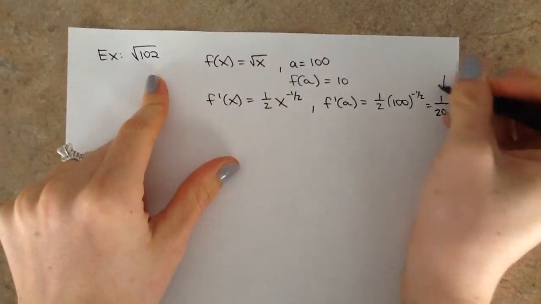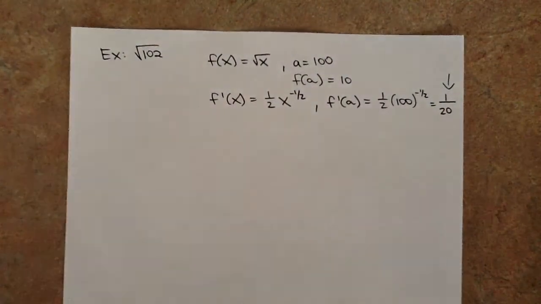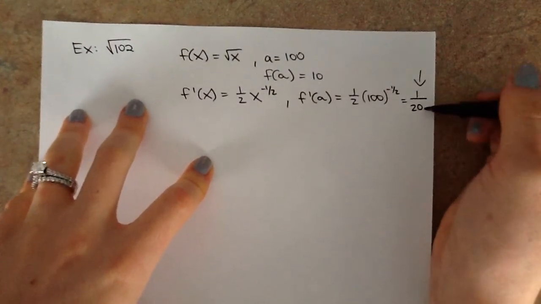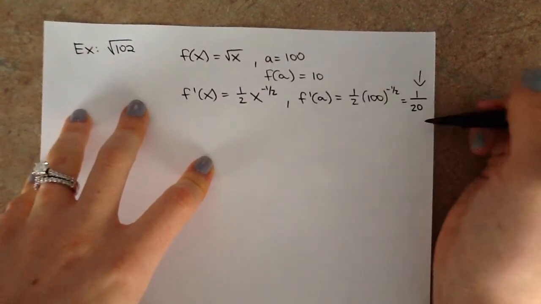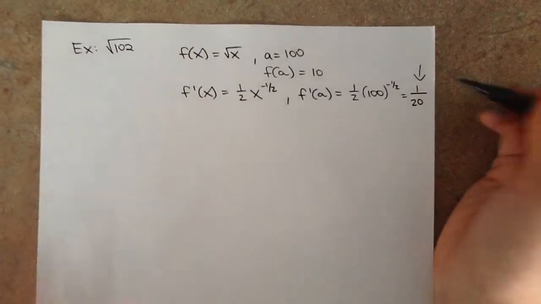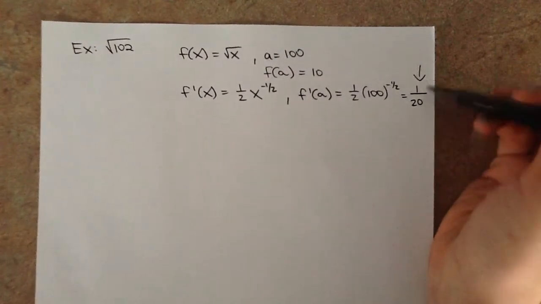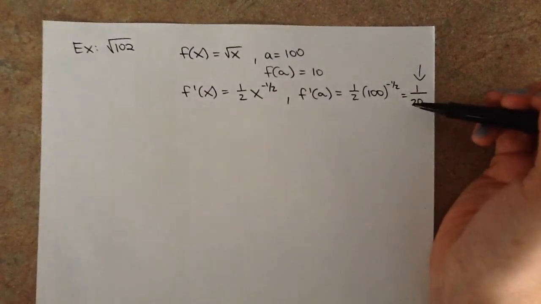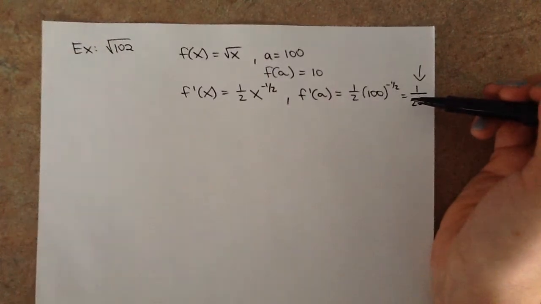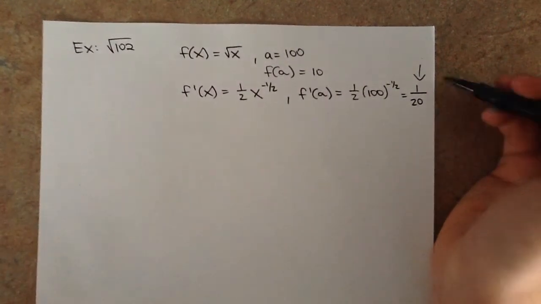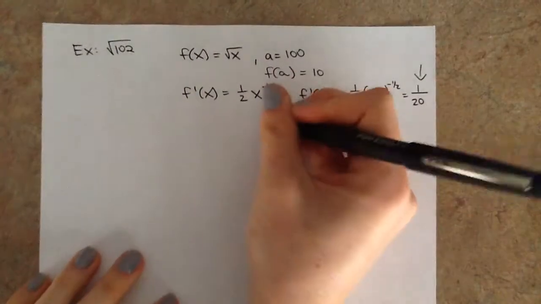So this slope, we could think of it in 2 ways. You could think every time y goes up 1, x goes up 20. And that's how you would actually plot a slope, back in Algebra 1. But what this means for us, change in y over change in x, is that every time x increases by 1, y increases by 1/20th. Does that make sense? So I'll say that again. Every time x increases by 1, y increases by 1/20th. So according to our estimation,